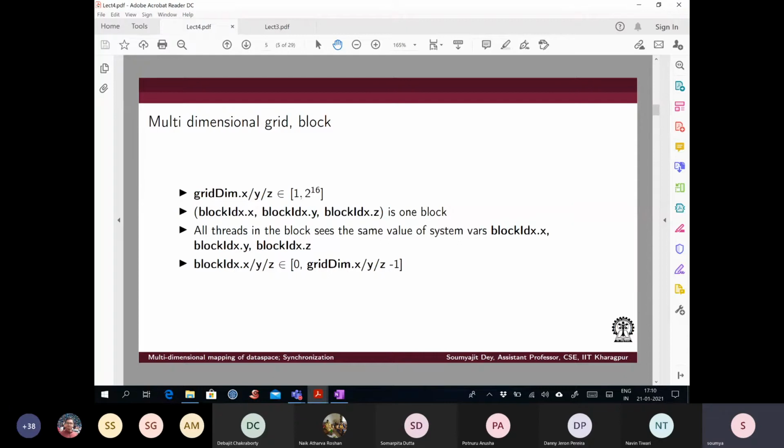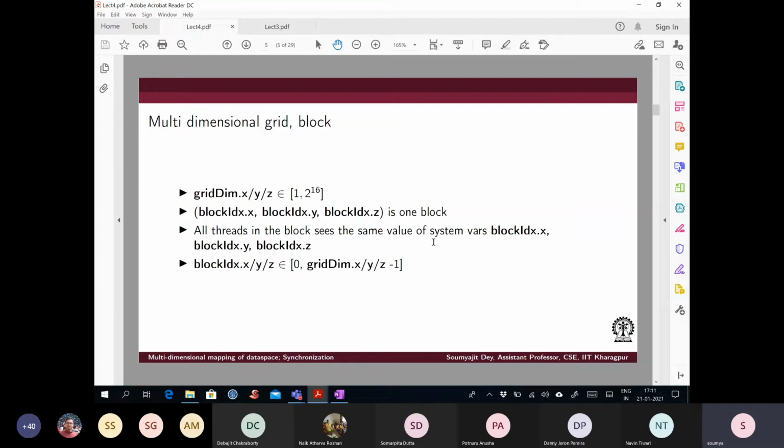Now, once you define the grid dimension and a thread is launched, the values gridDim.x, y, z will be inside this kind of a range, right? And once the grid dimensions are known, the block IDs of course have to be inside the grid dimensions. So the block IDs in the X, Y, and Z directions will also belong to the ranges corresponding to the grid dimensions in the X, Y, and Z directions, right?